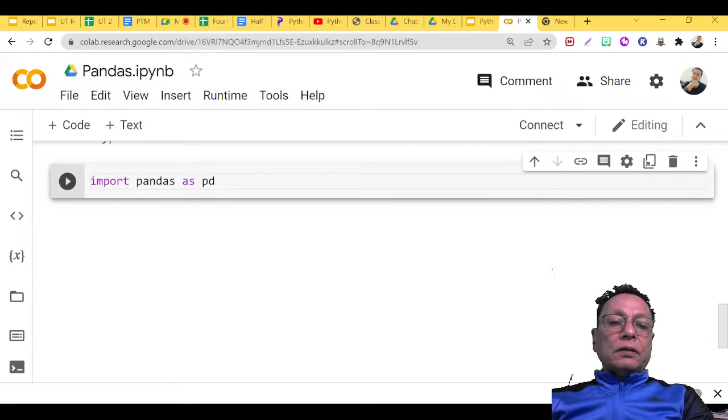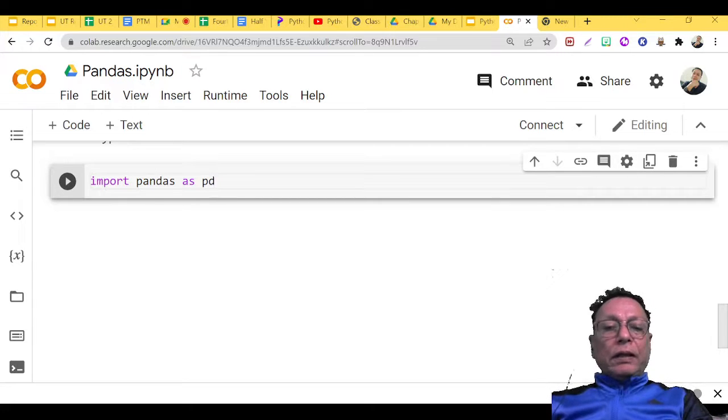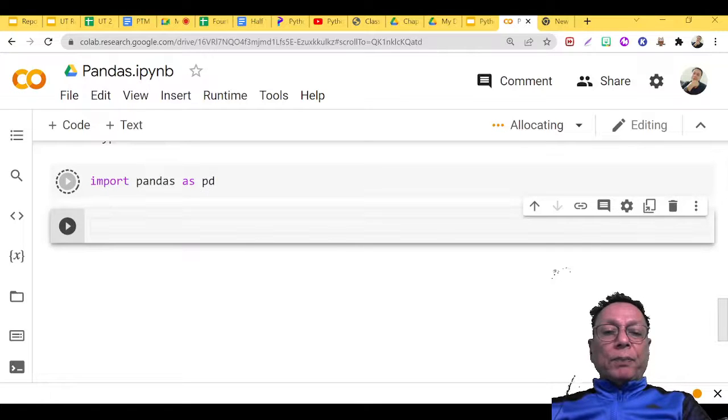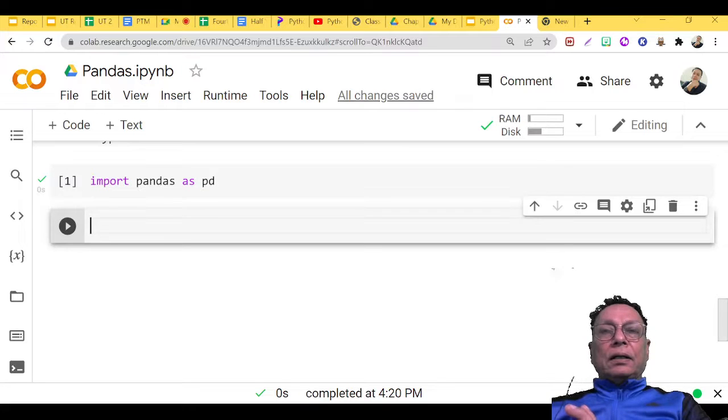This is the first statement, and to execute it you should press Shift and Enter, and this way your pandas library is imported in your Colab. Now, the first task is to create a series, and the second task is to create the corresponding index. For example,